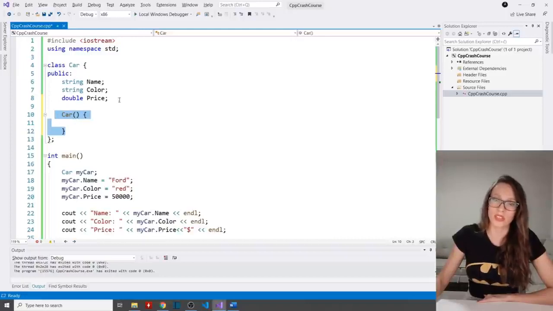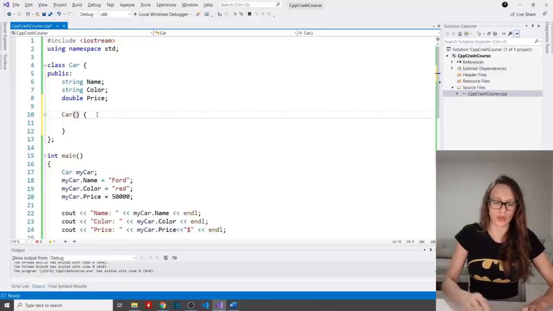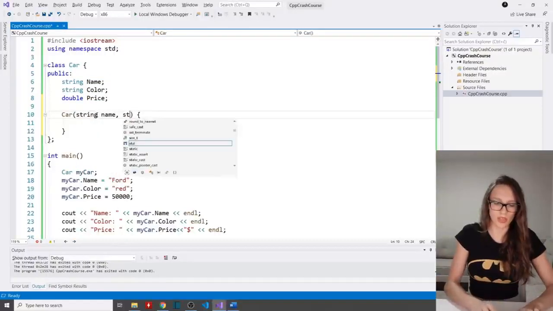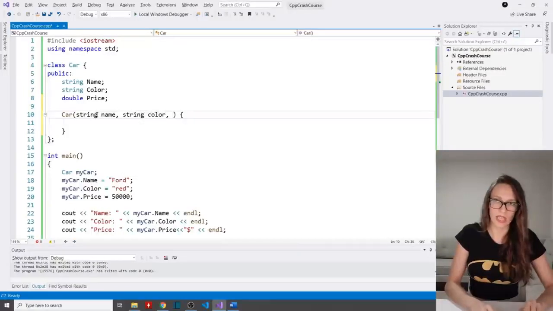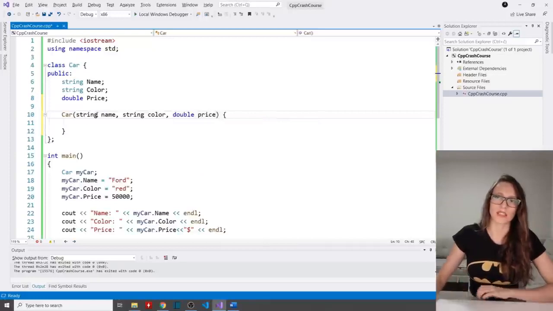Now, because I want to assign values to these variables on the construction of my car, I'm going to pass these parameters to my constructor. So here I will say string name, and then string color, and then double price, like this.